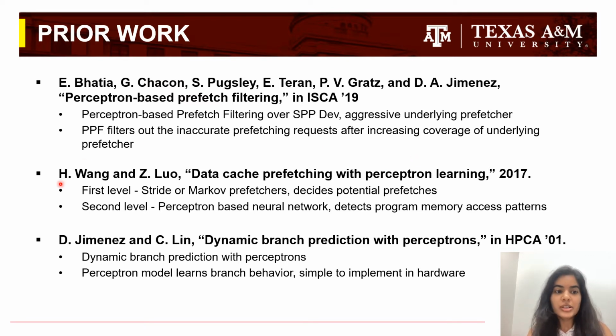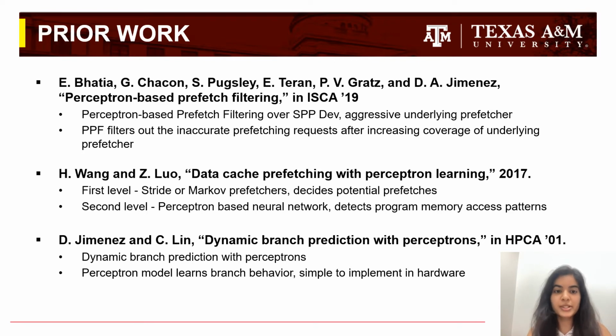Before this, something similar was done by H. Wang and Z. Law in 2017 in their paper Data Cache Prefetching with Perceptron Learning. However, their baseline prefetcher was a stride or a Markov prefetcher. The original idea for the Perceptron was described and implemented for branch prediction by Professor Daniel Jimenez in 2001. This perceptron model proved highly effective for branch prediction. That is why there are latest works where people are trying to implement a perceptron model on cache prefetching to